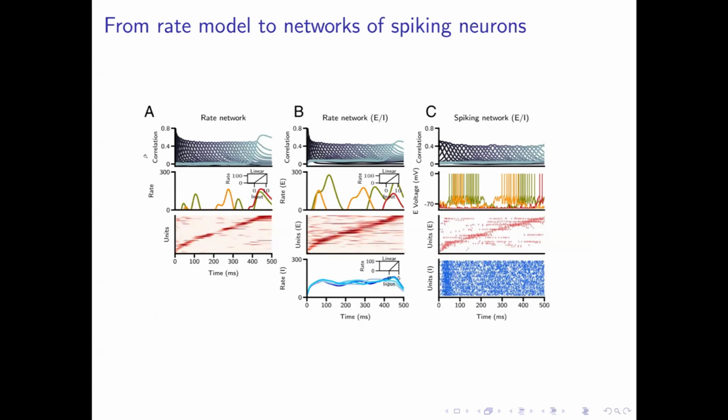So everything I told you about so far was using this very simple rate model. But guided by the results in the rate model, you can also build spiking network implementations that function essentially in a similar way. And so Max built this in 2 steps. He started by using a rate network with separate excitatory and inhibitory populations. Note that in the excitatory inhibitory network, only the excitatory connectivity is shaped by learning. Another student at Duke also looked at cases where inhibitory connectivity is also shaped by learning, but I don't have time to talk about this.